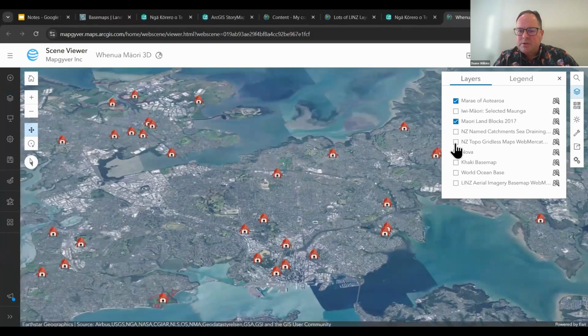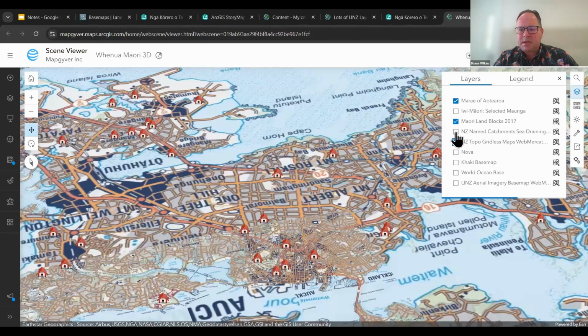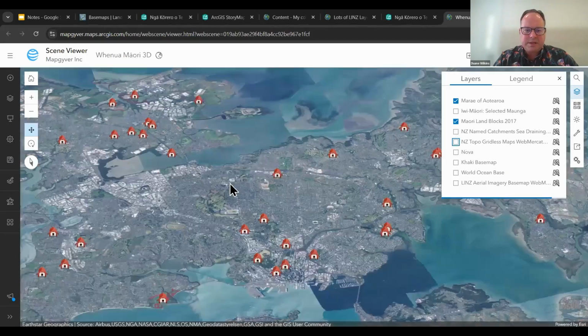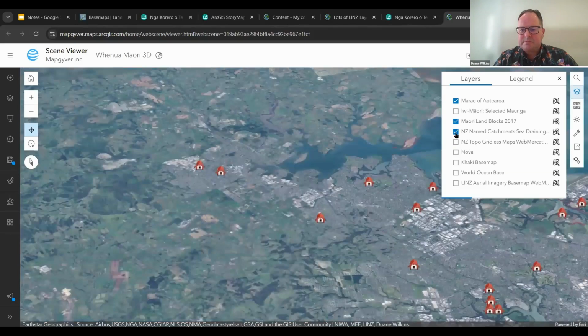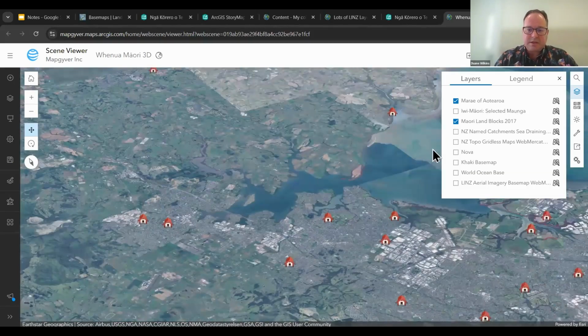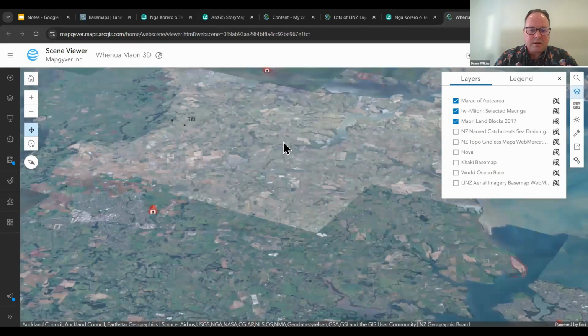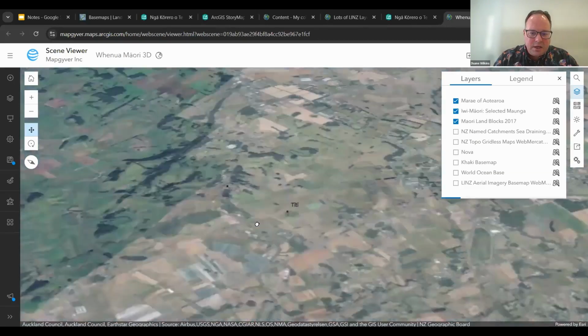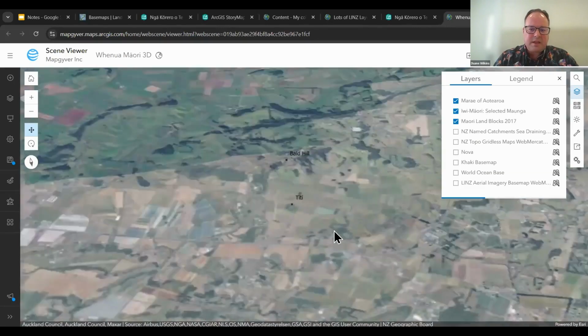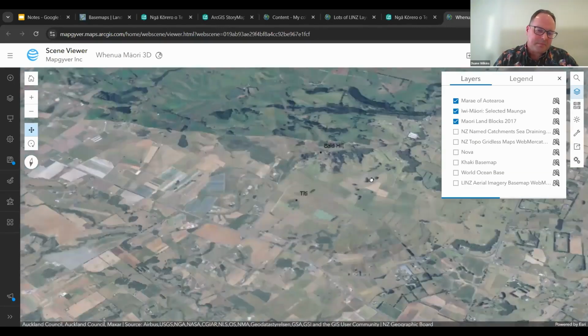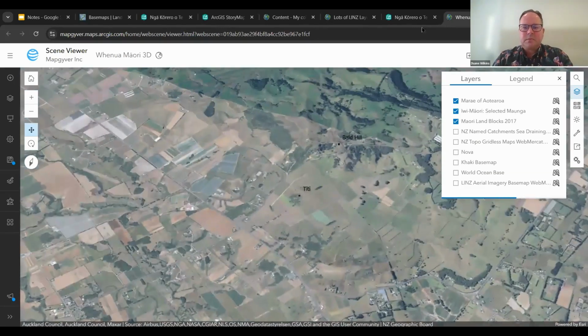There's also, what else we got here? We've got some ones we can turn on and off, for example. Some layers, some catchment layers, if we wanted to see, for example, seed draining catchments. And even selected maunga, using again the LINZ topographic data set to help identify where a maunga might be on the whenua. And you can see here, there's a couple there that have come up. And this is the same data that is in the LINZ topographic maps.